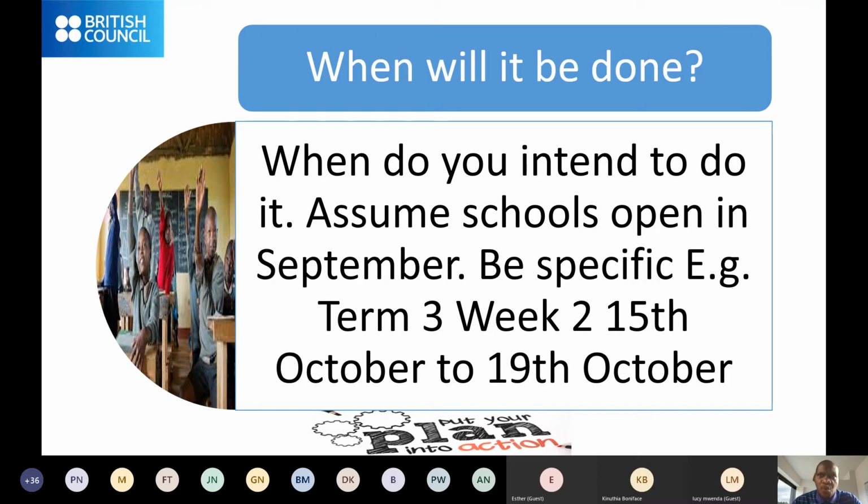If I am to visit your school, I can check your plan and I'll say, when I'm coming to Kamwigi School or I'm going to Matopeni Primary School, in this week, this is what I'll find. So there's clarity on everybody who is working with you, and I can assure you will visit your schools. At least everybody will be visited once. So you're not doing it for us, you're doing it for yourself, but you're also signaling to others who are working with you to know what you'll be doing as you'll be doing it.